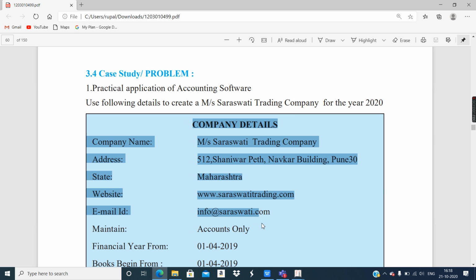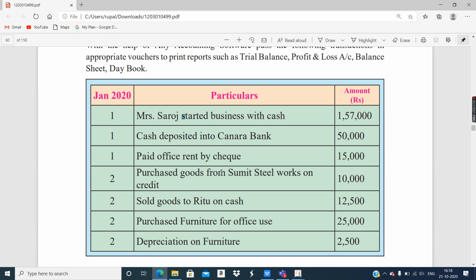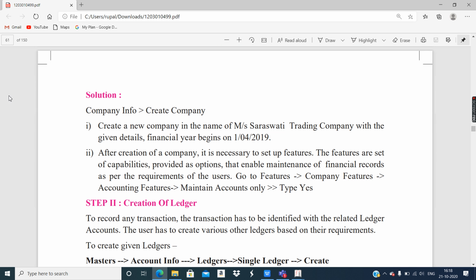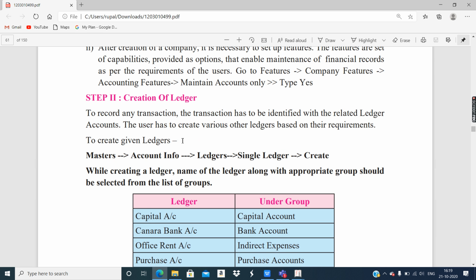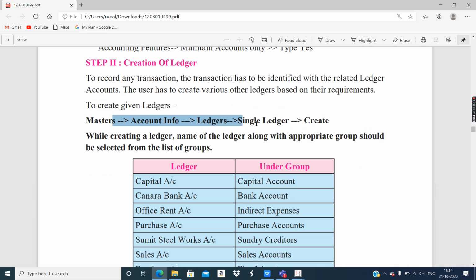See here they have an example for which your statements are given. See how the steps are written. Okay, so you can write in the journal in this manner for the practical question. Means wherever the name is there or there is change in the date, you can follow that as per the question. Then creation of ledger. Okay, this ledger creation step we actually didn't do, we did it directly in the voucher creation screen only. We did the ledger entry as we needed.